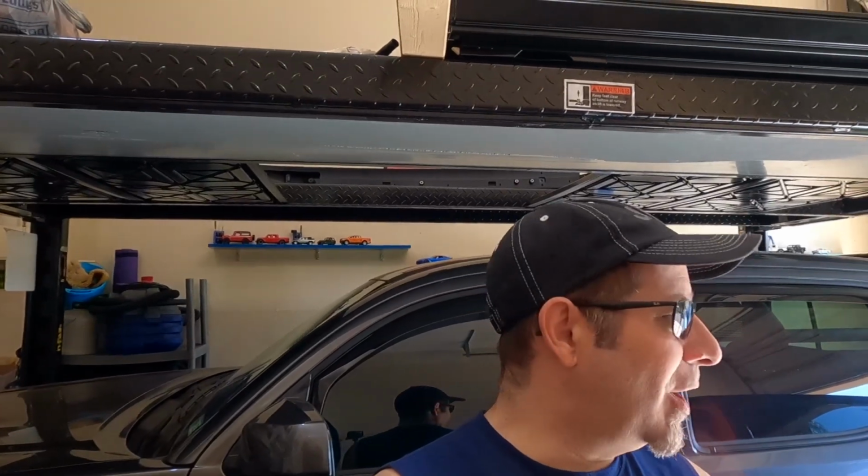So let's talk about the best door sill protection for the Toyota Tacoma. I've bought some products in the past, some other kinds, and they just didn't give me what I liked. The best that I've had, honestly, is from Toughskins,